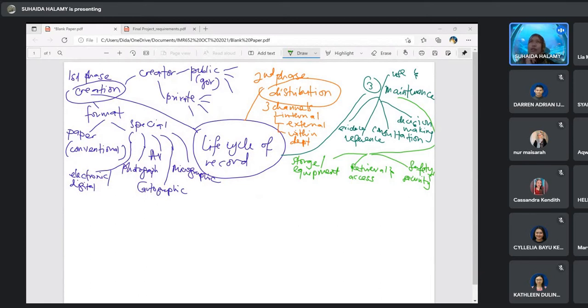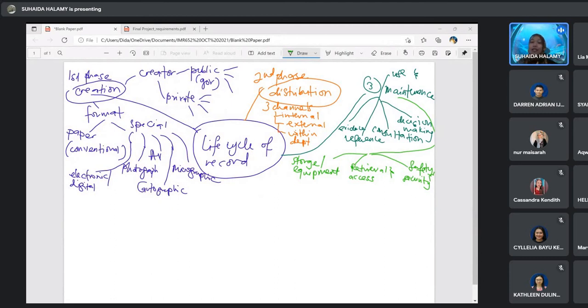Sebab tu kalau macam you nak pinjam buku kan, dulu kan nak pinjam buku pun kena isi borang, you nak buat penangguhan bayaran yuran pun isi borang. Sebab kenapa kena ada borang? Borang inilah kita punya maintenance. We use the form for the maintenance. Sebab nanti in future, if anything happen to the records that you borrowed kan, dia akan refer back to the form. Dia akan refer balik kepada borang-borang yang you isi tadi. So that's very important for the maintenance.